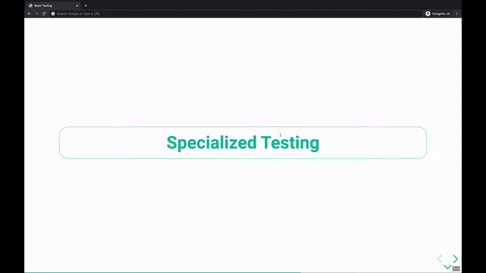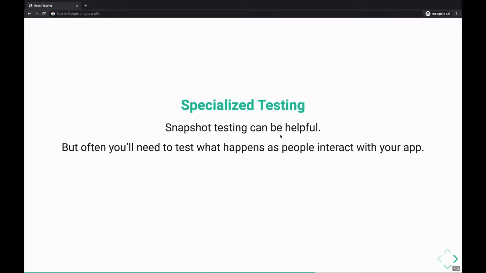All right. So smoke tests and snapshot tests are definitely useful. They're easy to write, but often we want to test more specialized pieces of our components. We want to test the events, the interactions, what actually happens when a user does something with a component. We don't just want to test that it renders successfully or that the rendering is the same as it was last time it rendered, but also what happens when the user clicks this button versus the other button, the cancel